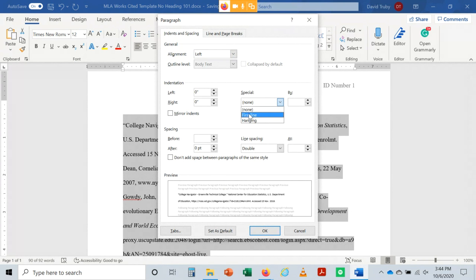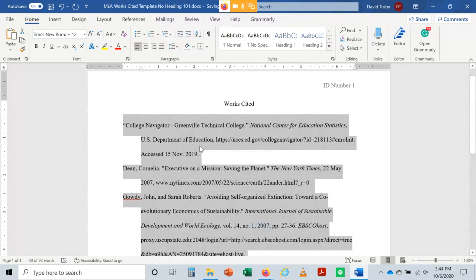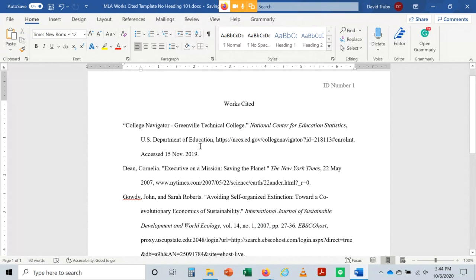There's also first line indentation, which is what you should have set for the paragraphs of your essay. But hanging indentation is going to do that automatically, and it's going to eliminate a lot of headaches. So once you figure out how to do it automatically using your program, it's going to be a lot easier for you. Like I said, when you convert it to a different program or you upload it to Blackboard, you're